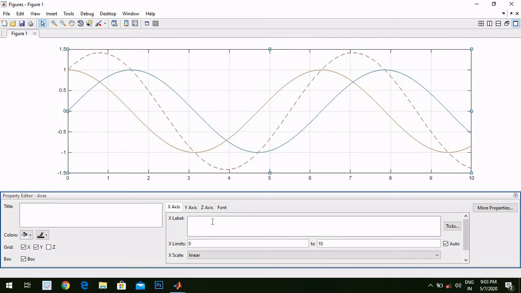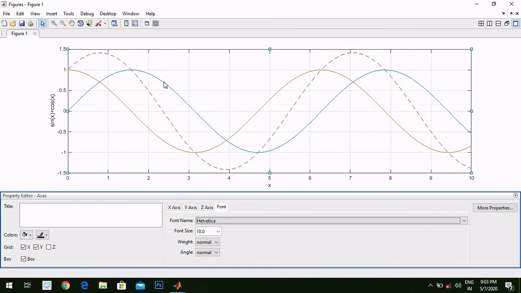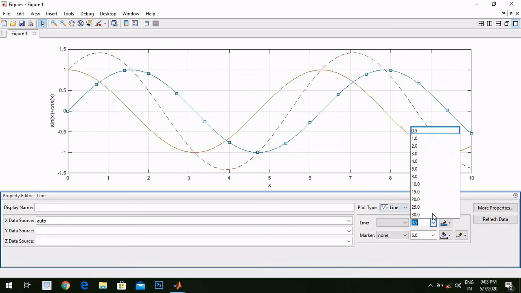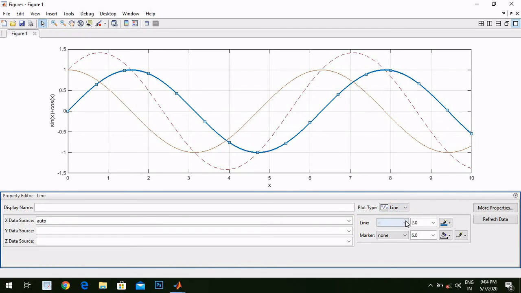I can also write down the label, the x label, that is, suppose, the variable x over here, and on y we are going to write sin x or cos x, sin x plus cos x. Simple as that. We can also do multiple kinds of things over here. By clicking the waveform, we can change its line color and its thickness. If we need to change it to a dotted line or dashed line, we can change it from here.